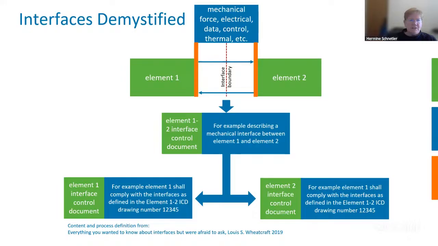quite easy. First, you need to identify the interfaces. You can do that from your content diagram, your n-square diagram, and internal and external interface diagrams. And when you identify those, you can maybe say what type of interfaces it is. Is it electrical? Is it structural? Is it thermal, or whatever? Is it a chemical reaction? You need to decide, data, whatever. And then you need to define these interfaces.